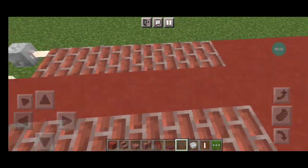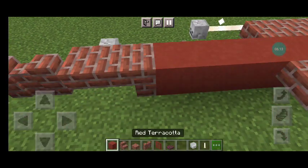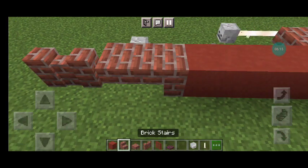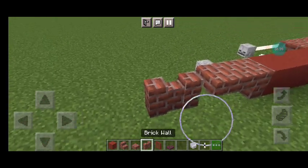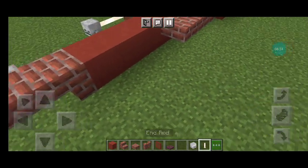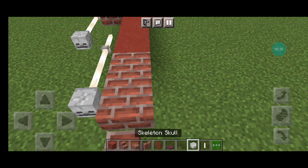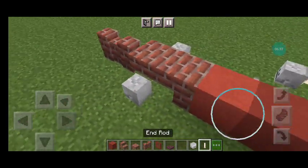And then you want to go in the center. 1, 2, 3, 4, 5, 6, and 7 red terracotta in the center. A brick stair, a brick slab, and then 2 brick walls. You want to take a skeleton skull and have it floating midair next to the slab, and then